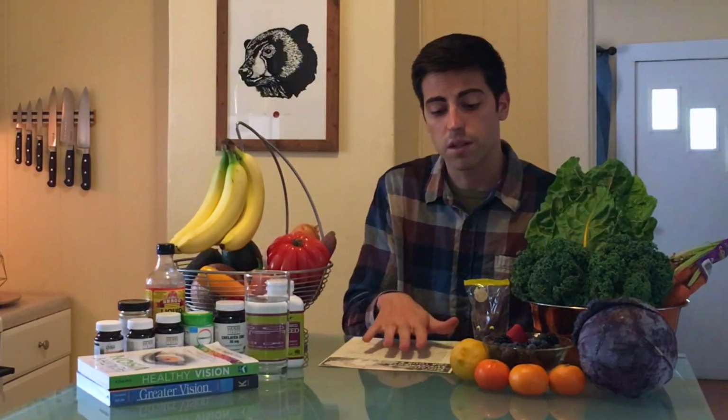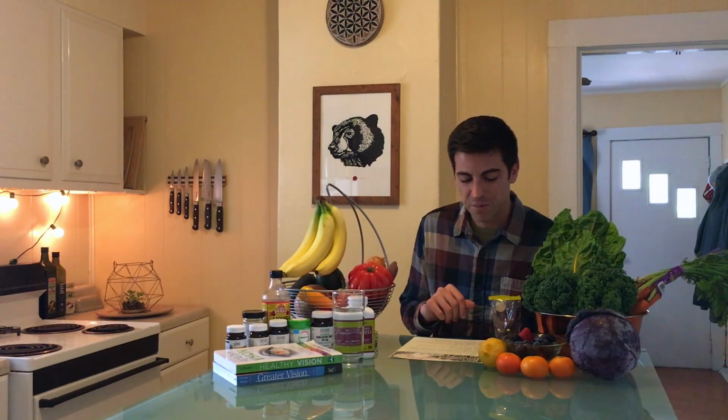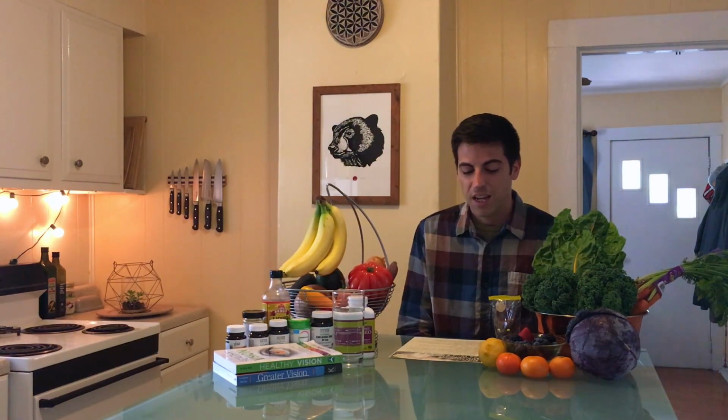So just going through this foods to eat list real quickly, vegetables and fruits are at the top of the list. That's what I try and eat the most of in my diet. So it's got a whole list of examples beyond what you see on the table here. Nuts and seeds can also be a really good source of protein and some of these important trace minerals, metals, nutrients. So things like your almonds, cashews, walnuts, pecans, macadamia nuts, and seeds as well, like pumpkin seeds, sunflower seeds,